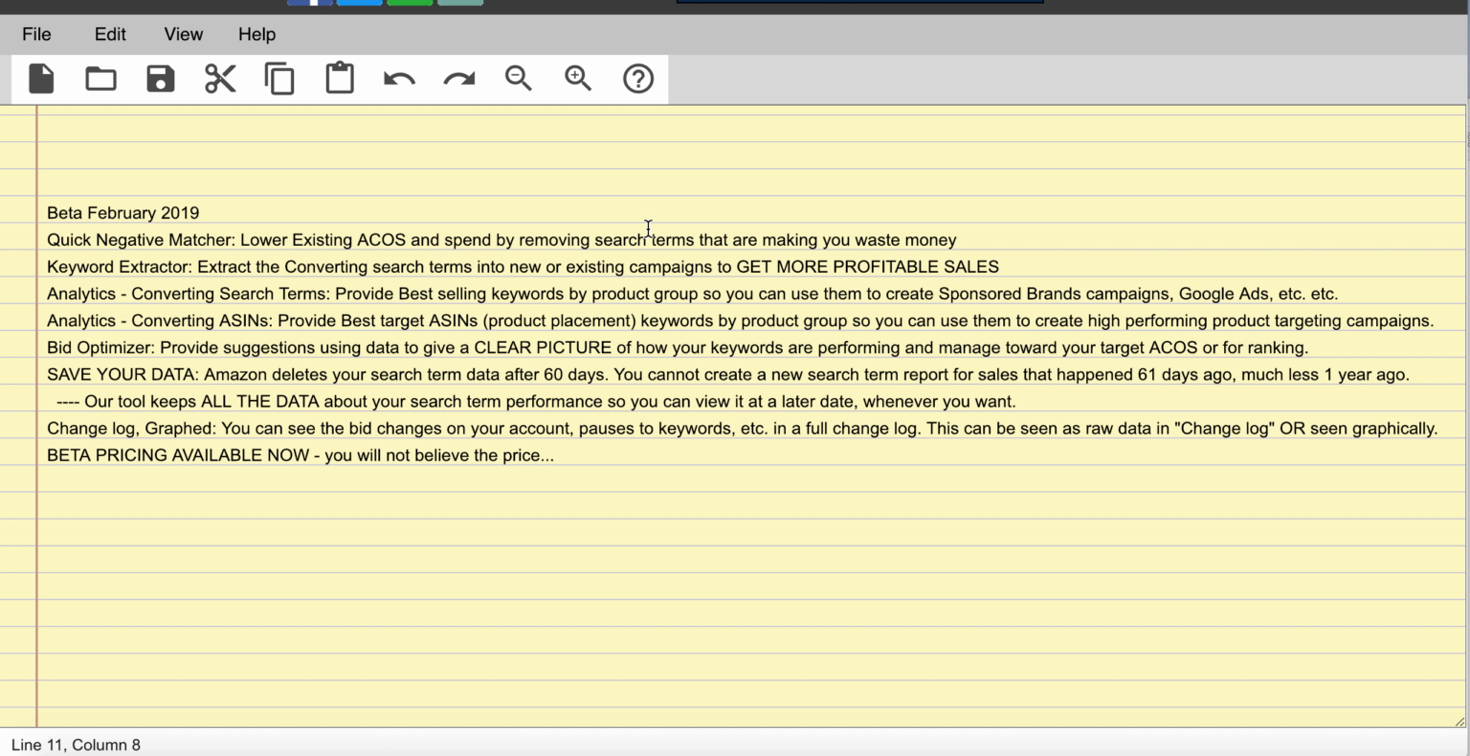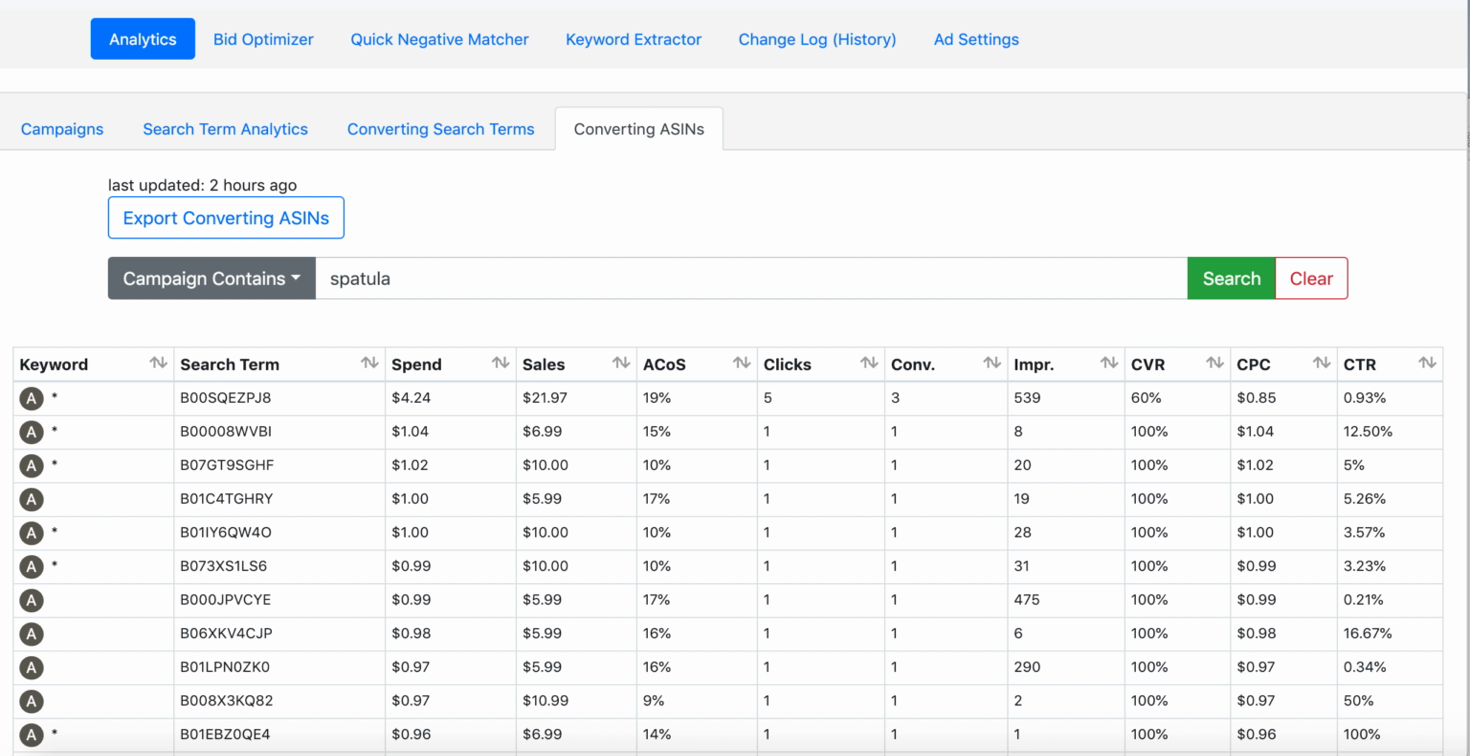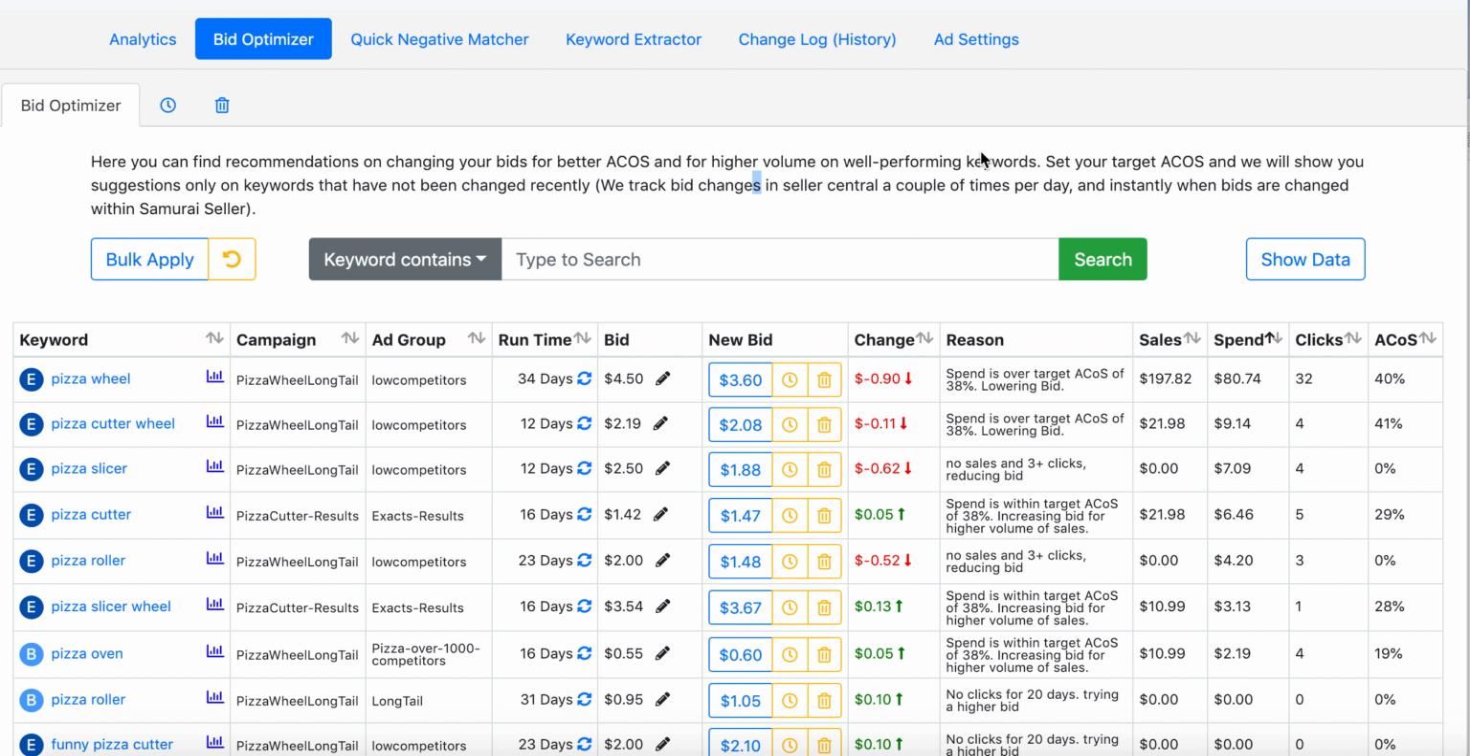Okay. Next feature here, bid optimizer. Now this is one of the actual flagship products. I mean, this is one of the most important things of Samurai. And if you look at this, I actually don't have history for this spatula campaign, so it's not showing up. But here we have this pizza wheel, okay? And it just tells you, like, well, look at this one, right? It's got 32 clicks. I had set the target ACOS of 38%. And anyway, it's going to take a lot of information here and start showing it,